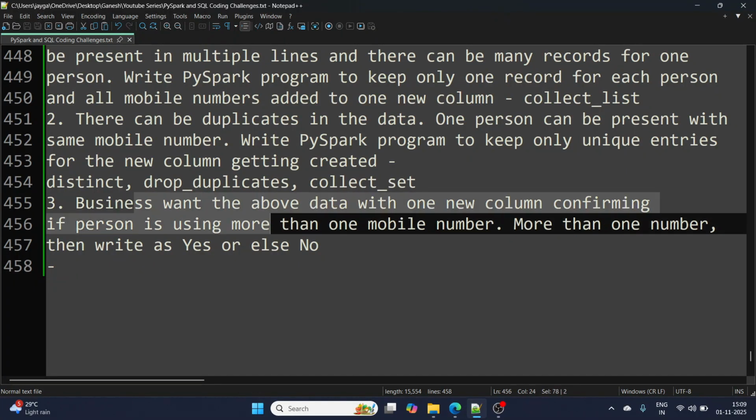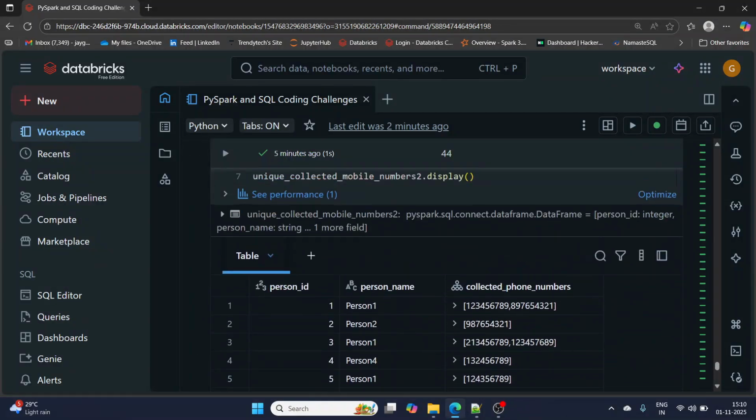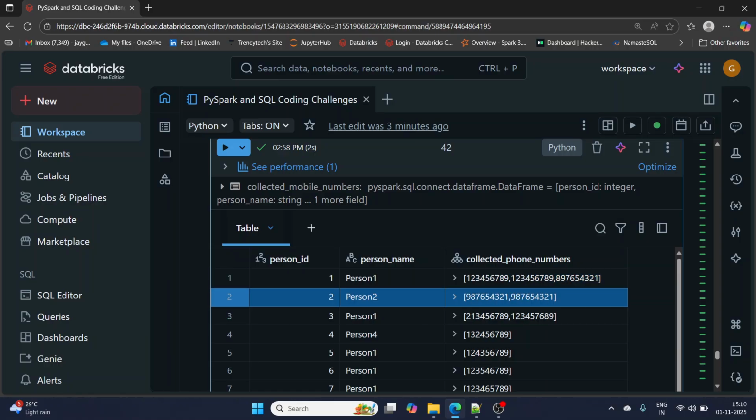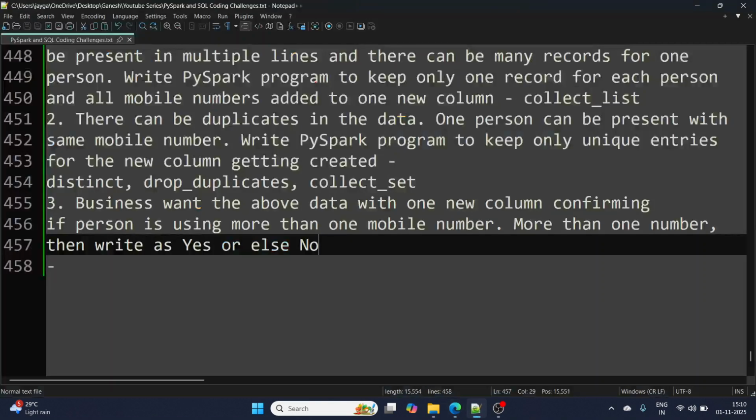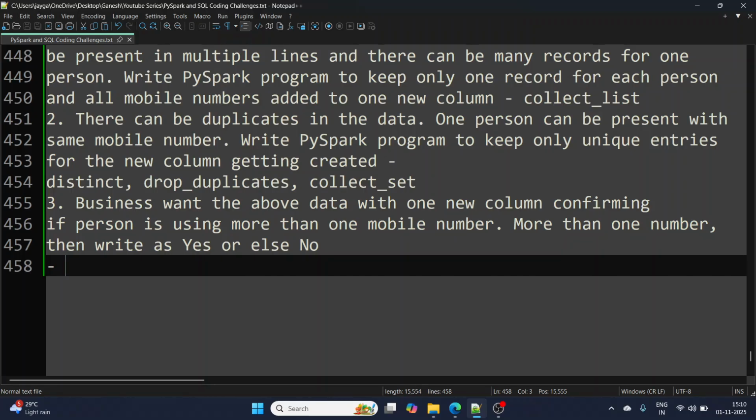But to achieve this correctly, we need duplicates to be dropped, because if I use this data where it has duplicates, it is going to give me wrong results, right? For the same mobile number, the person is using the same mobile number, it is going to tell me yes, this person is using multiple phone numbers, which is not actually true, right? So before going to step 3, we have done step 2 to remove the duplicate data, right? Okay, and this one, like size, I have explained.